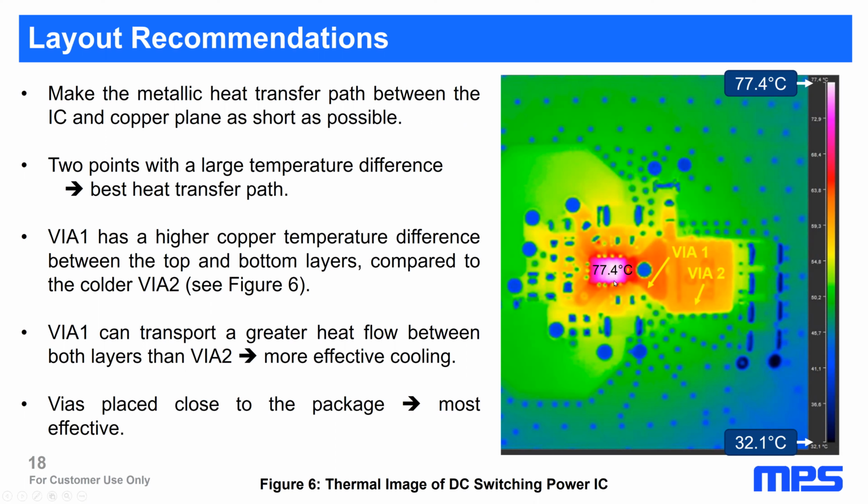And then you see the best heat paths are the ground pins, the V-in pin, and the switching node pin. All the pins which are connected directly internally to the power MOSFETs are the most important ones for the heat flow. You see here the switching inductance. It is very close on the switching node. It's that small yellow one here.